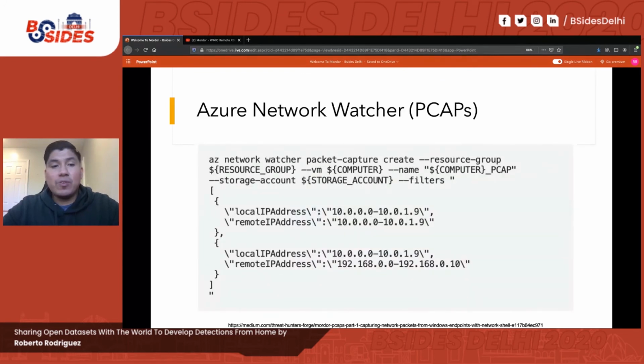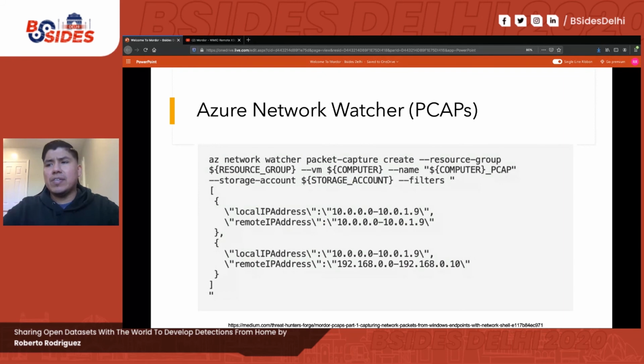There's another option too through Azure, and this is something that you can also read about more in the link below. It's called Network Watcher Agent. The difference with the other things that you might have on your endpoint is that this is just an extension that gets installed on your Azure VMs, and you can collect the data as if it was another device in the middle between your computer and the rest of the network. So you can just capture